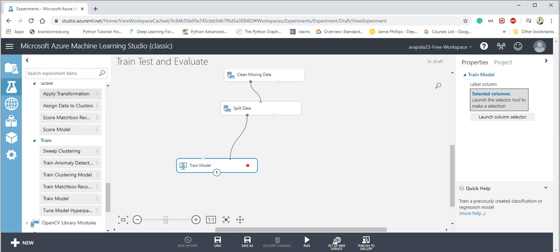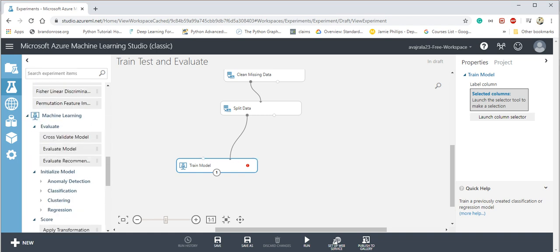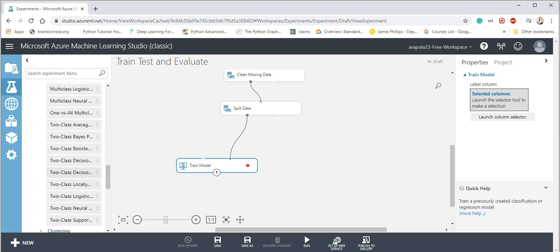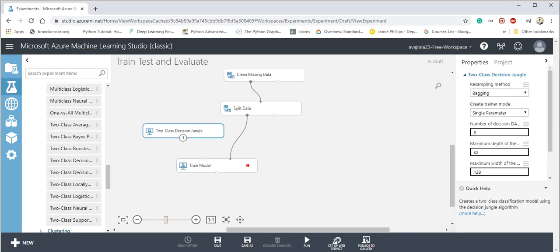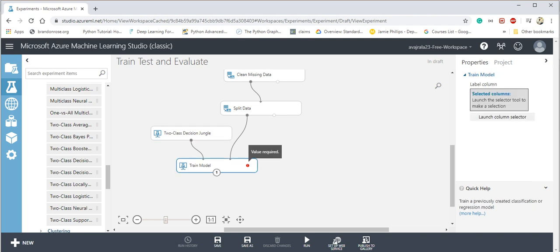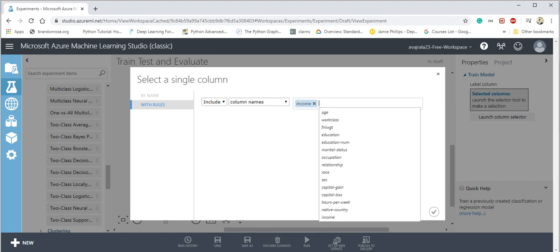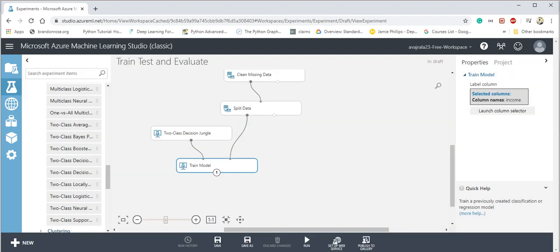Since this is a classification problem, I am choosing a Two-Class Decision Tree, or a decision jungle. I have taken the Two-Class Decision Tree, but you can see there is an error because we didn't select the target label. We click on launch column selector, and then we select the target label, which is income. Income is our target label. We click OK. Now the error is gone.